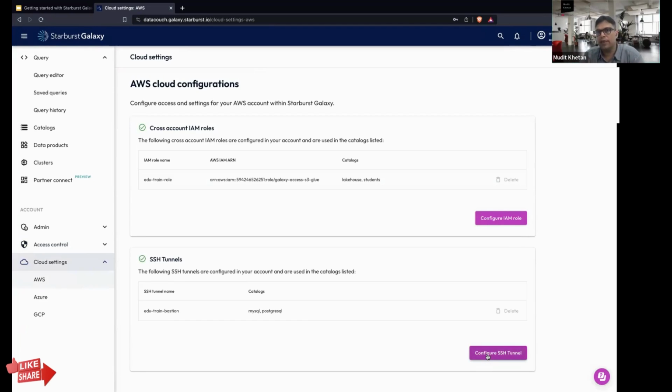I'm not going into the AWS, Azure or GCP details, because that completely depends upon an organization's choice of vendor. Starburst and DataCouch are more than happy to help clients get onboarded with Starburst, as well as their choice of vendor for cloud or data lake services. That migration can be done when you reach out for support.